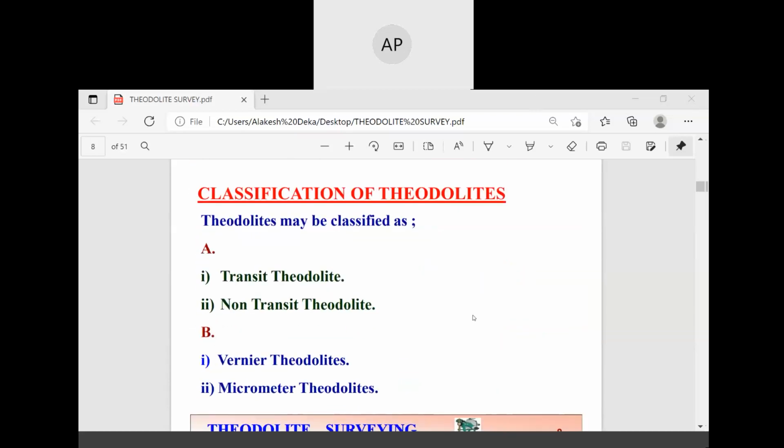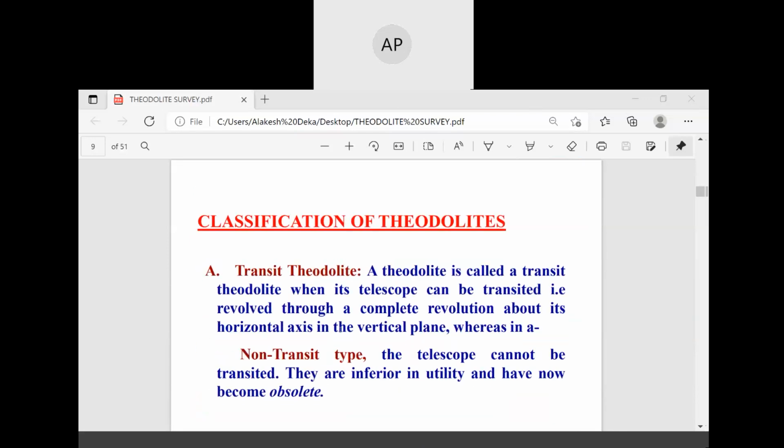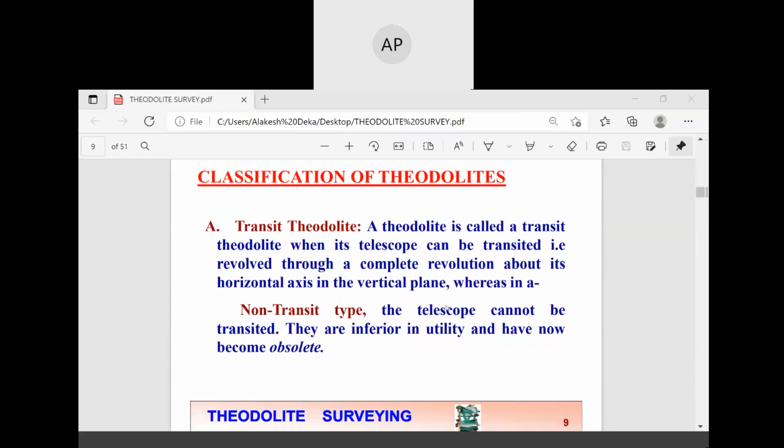Classification of theodolite. One is your transit theodolite. Normally in your laboratory we use the transit theodolite. The classes are transit theodolite, non-transit, vernier and micrometer theodolites. A transit theodolite can be rotated, revolved through a complete revolution about its horizontal axis in a vertical plane, whereas